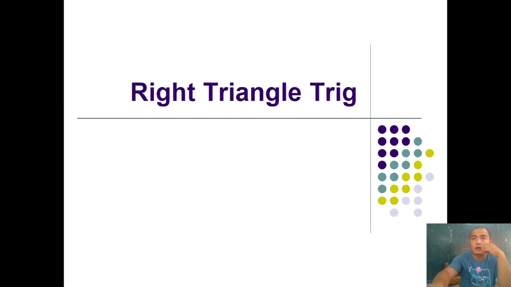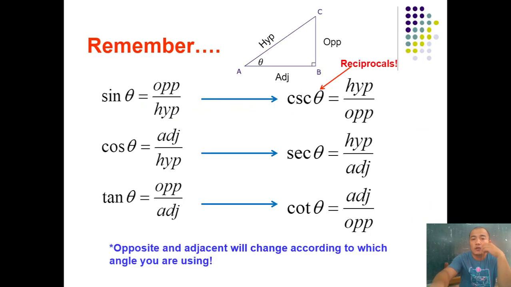And we will learn about the 6 trigonometric ratios. These are the sine, cosine, tangent, cosecant, secant, and the cotangent. So remember the mnemonic SOHCAHTOA. So when we're trying to solve for sine, opposite over hypotenuse, cosine, adjacent over hypotenuse, tangent theta, opposite over adjacent